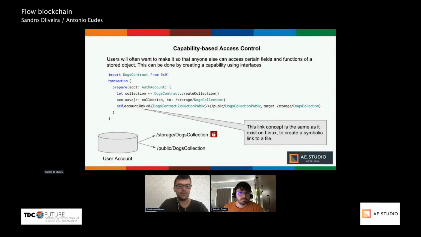For example, a method that everyone can access. For example, the withdraw, right? You don't want to put an object in the public that has this withdraw method. So what we do, we use interfaces, right? We use interfaces. So here I create a resource, I save this on the storage, and now I can create